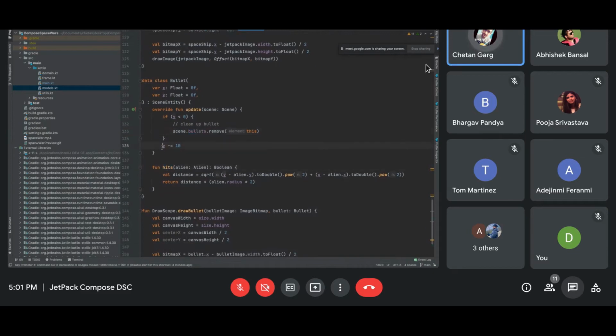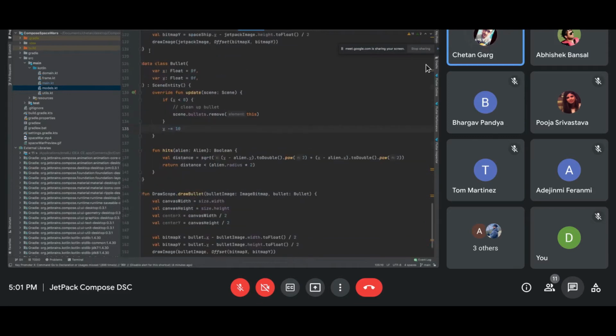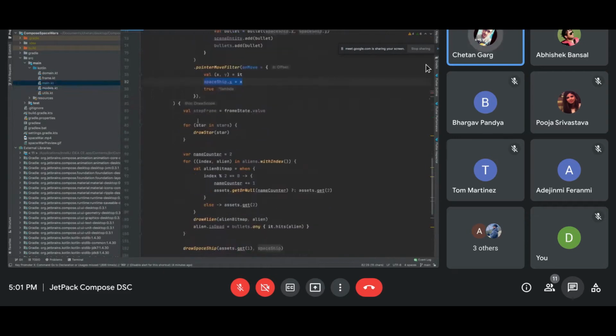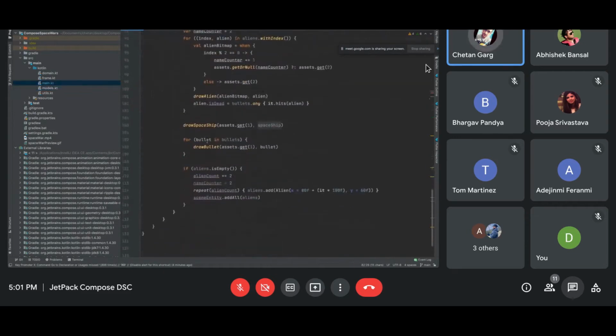Like I told you, if the velocity is negative, then only it will go in the upward direction, because we are in the positive region of Y. That upward motion is coming from this minus, every time subtracting 10 from the Y coordinate of the bullet. So I think that is it for the mathematical part.